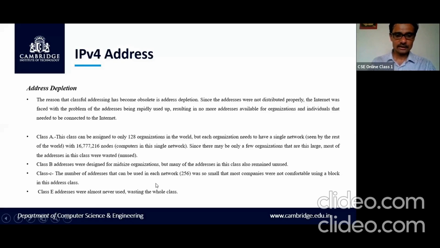A large number of networks can have class C addresses, but every network has a limitation. Every network can have only 256 host connections. So this is again very small. So keeping in